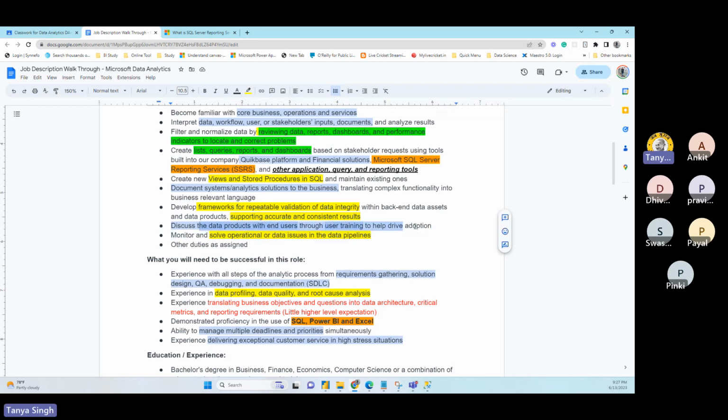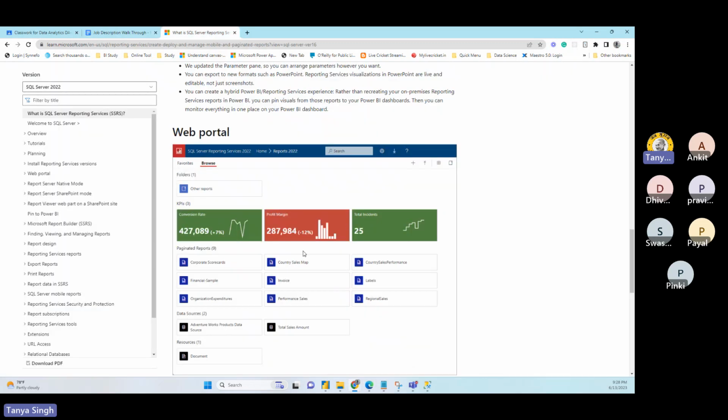And these are also training things, because if you are building a report, take this report as an example. I have built this report, so if someone is new, you need to explain what this conversion rate means, where it is coming from, what the profit margin is, and what the source of this data is. Why can you say this number is correct? A user can ask, how do I believe there are only 25 incidents?